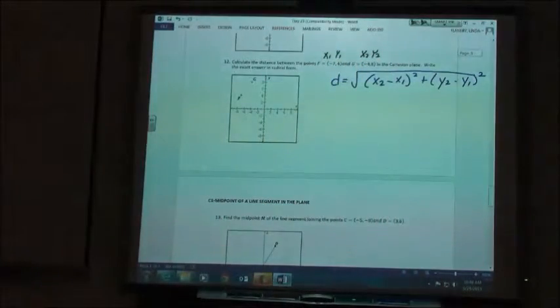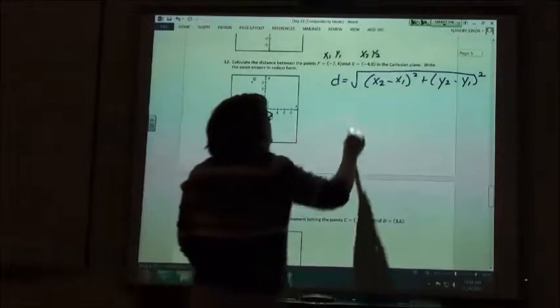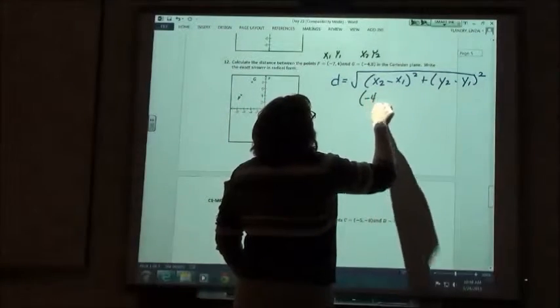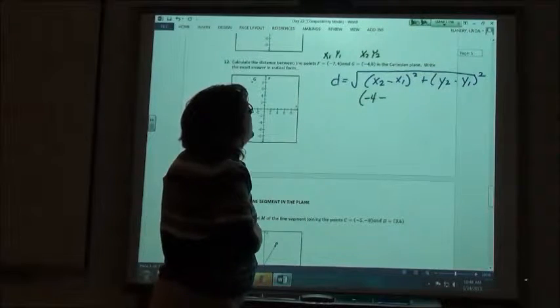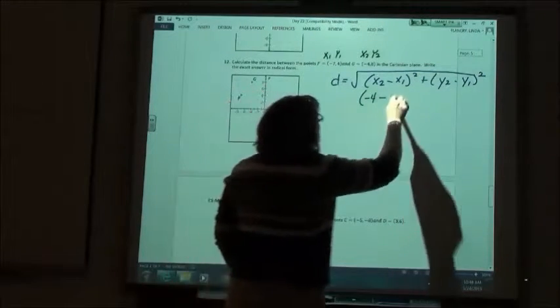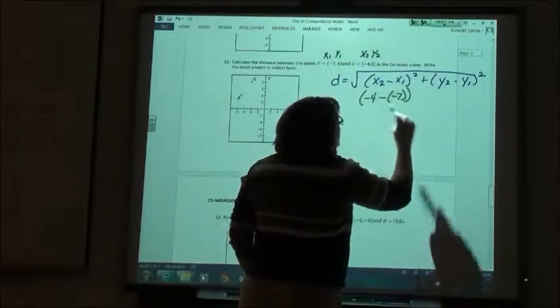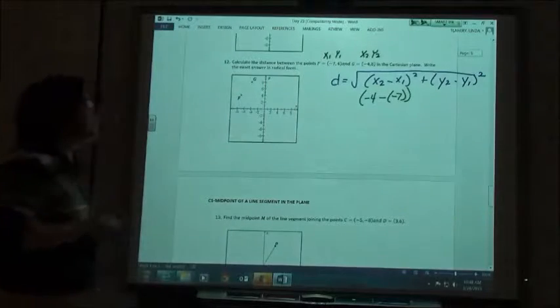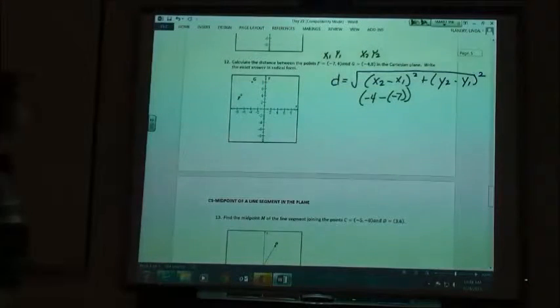So, first part of that. x2 is going to be negative 4, minus x1, which is negative 7. So negative 4 minus the negative 7 gives me